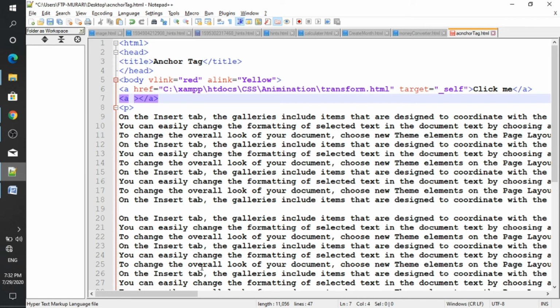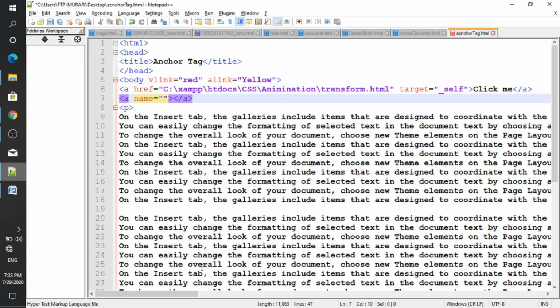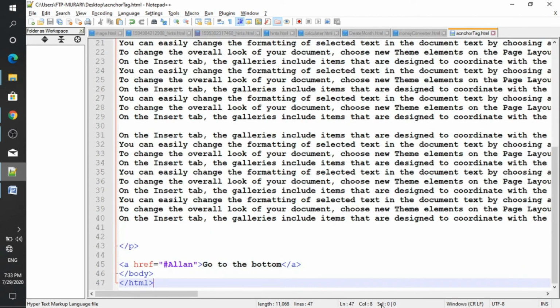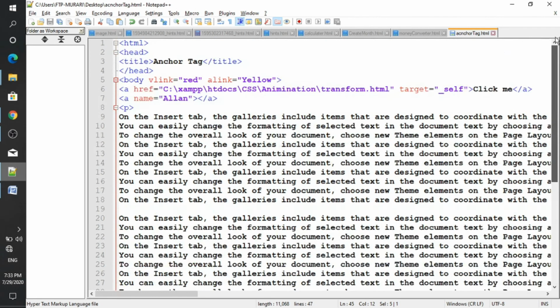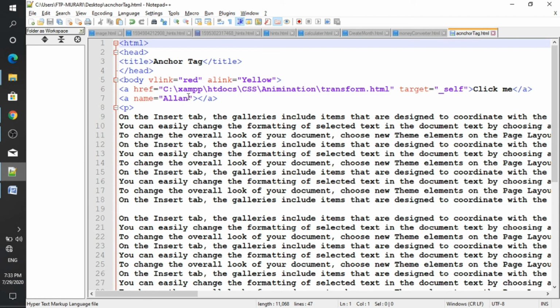I want to add the name attribute. In an anchor tag, whatever you add here, it is the same. Copy and paste here.